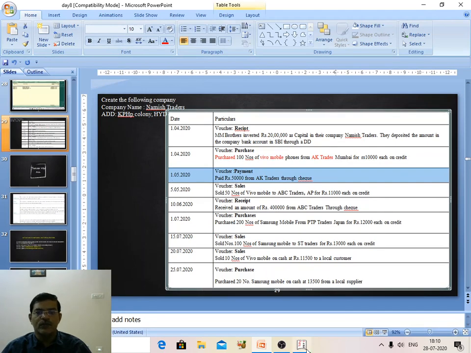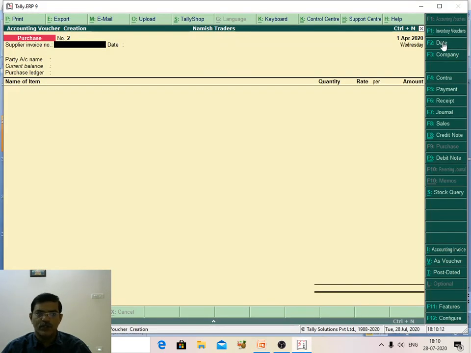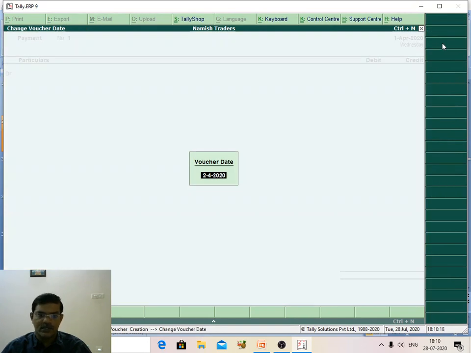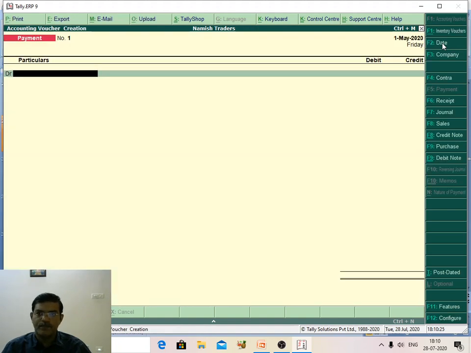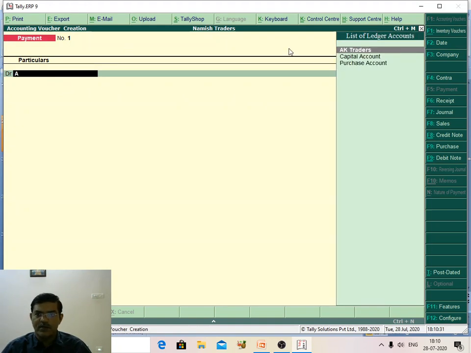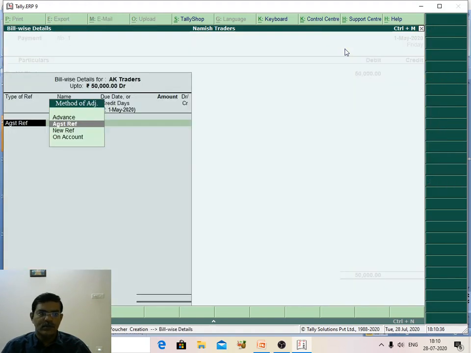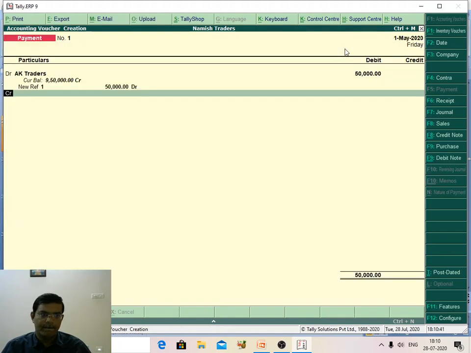The date is 1st May. First I will select the payment voucher and I need to change the date. The date is 1/5/2020, 1st May. What is the debit account here? AK Traders account debit, and the amount is 50,000.